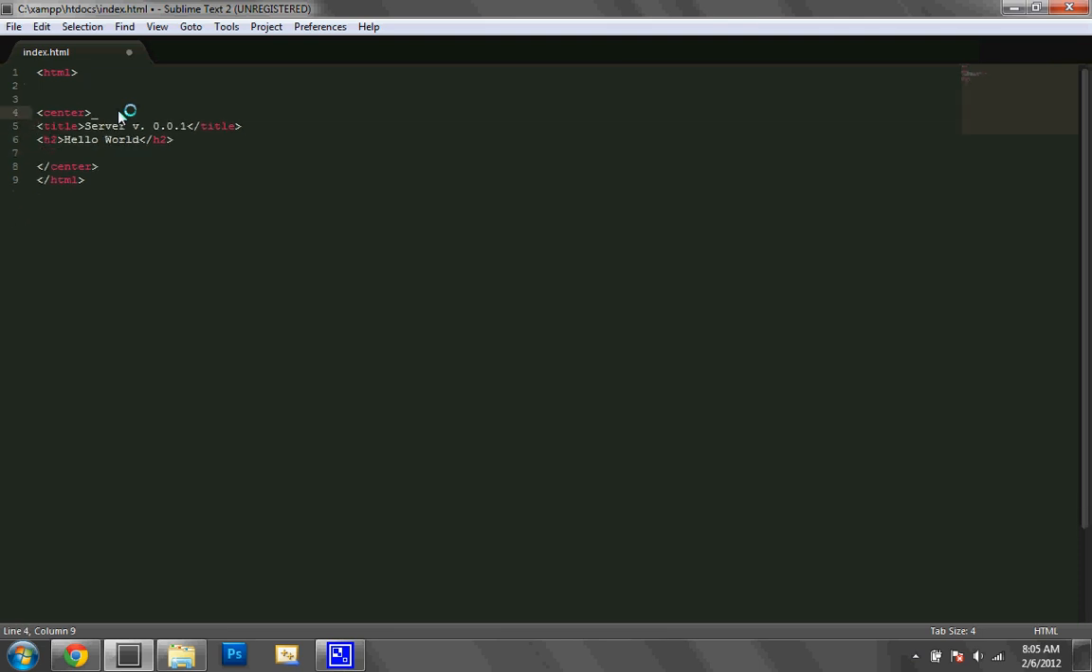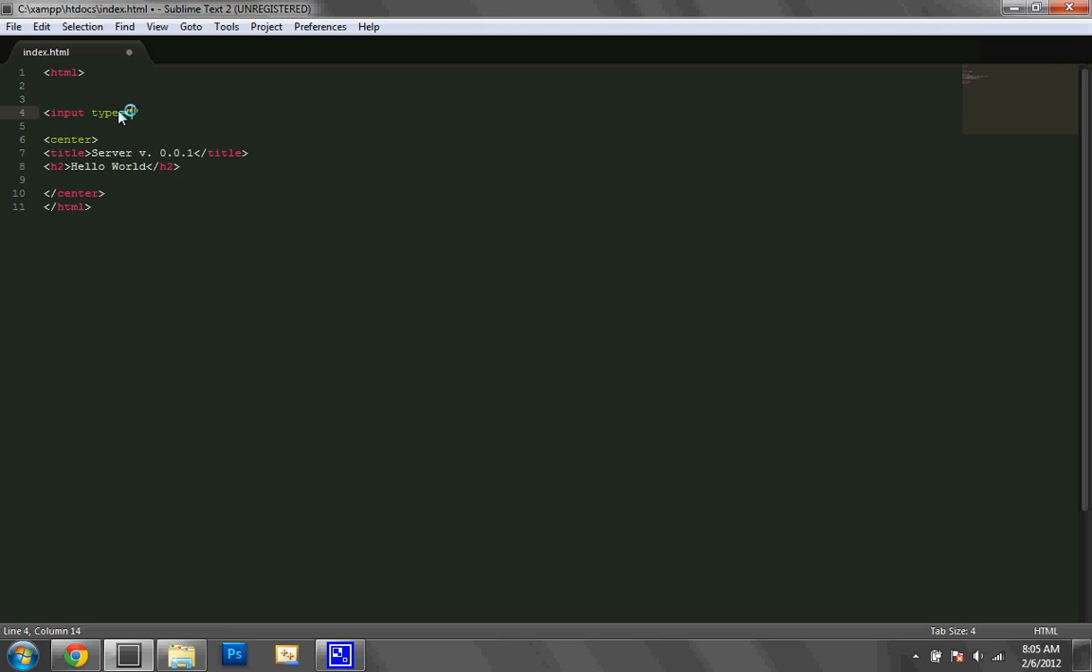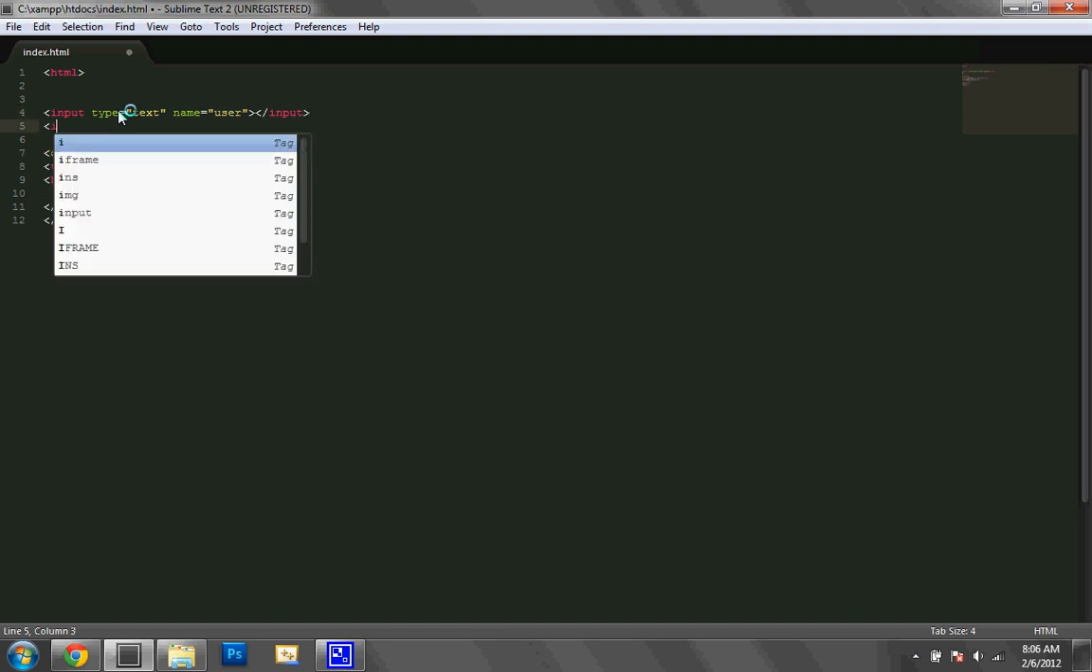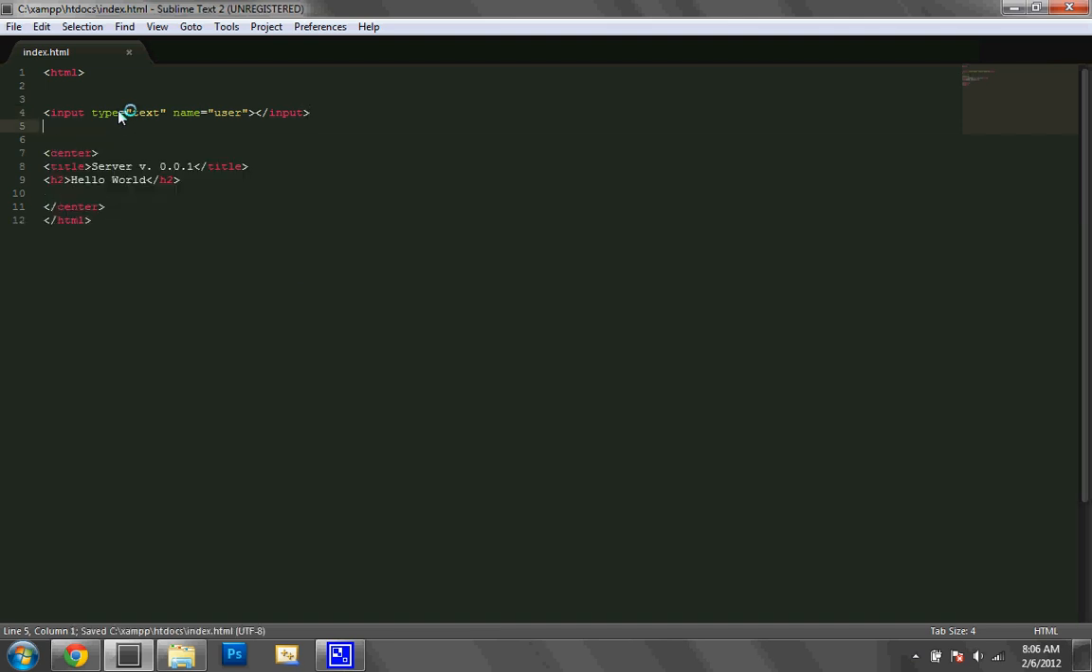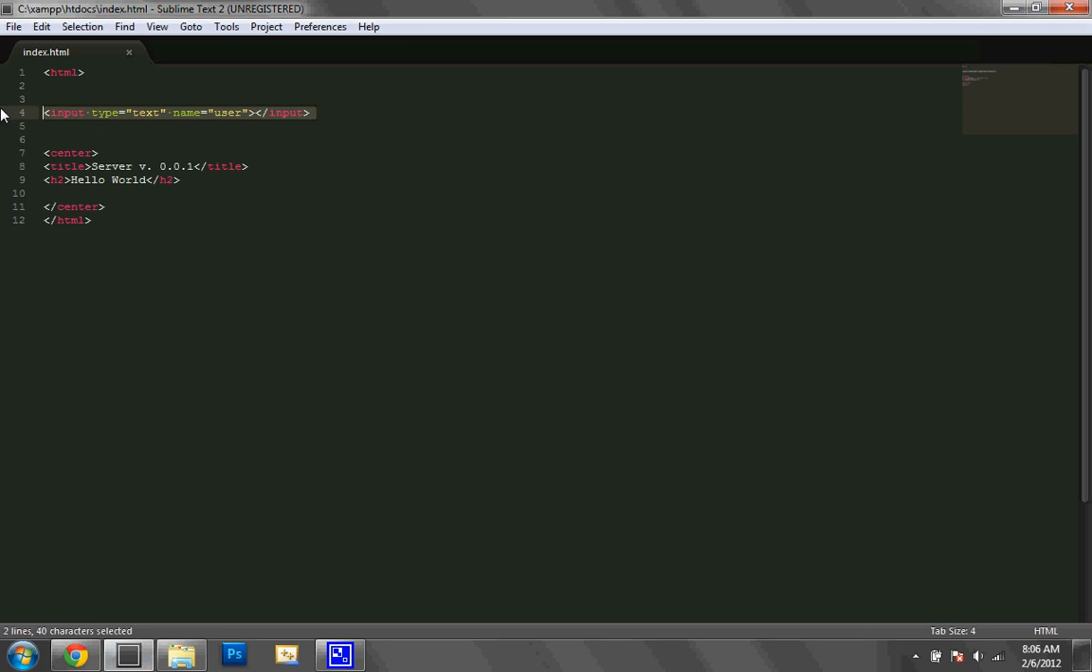So above the centered dialog, you want to put in input type equals text and name equals user, and then /input to close that. And then let's just take a look at that and make sure that it works. So we hit F5 and there we go, and let's actually put that underneath the hello world. So just Control X, oops,